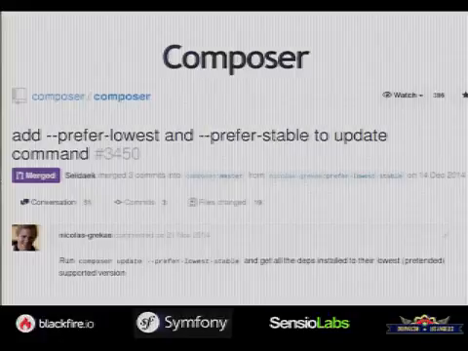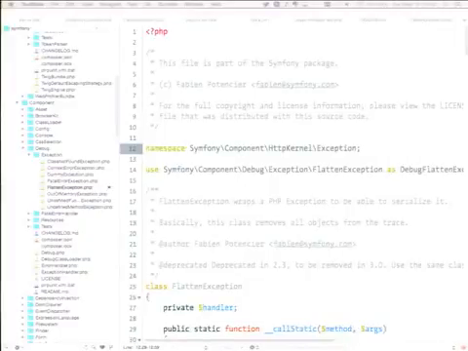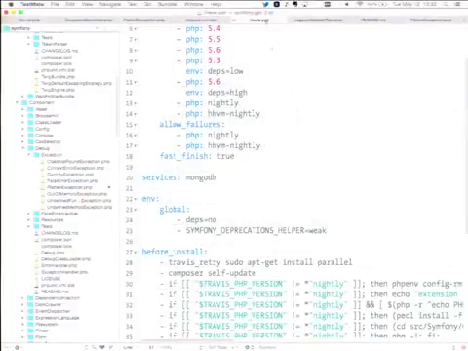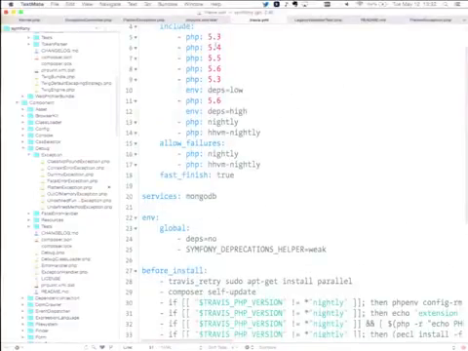And if you want to have a look at how it works, have a look at the .travis.yml file in Symfony. So we are testing on a lot of different versions of PHP, and then you can see an environment variable here, deps low or deps high. What it means is that in this case, I want to use the lowest versions possible.